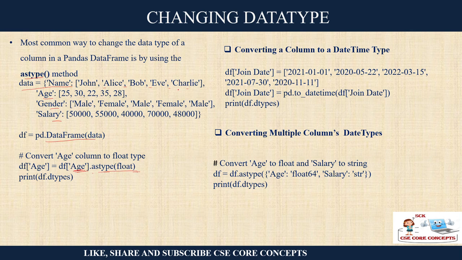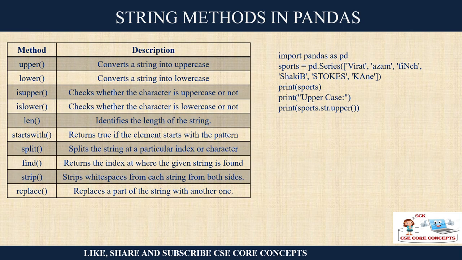Similarly, if I have certain date columns like joining date, or you are making an attendance sheet, where the date is important, the time is also important. So you want to convert it into a datetime format. So you can simply call this function to_datetime and it will convert it into a datetime format. Okay. And when you say df.dtypes, it will show you all the data types. Then converting multiple columns. Here we have converted one column, but you can convert multiple columns also, and change the data types in this way, right? So this is how you can change the data types.